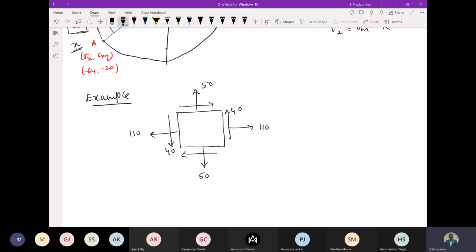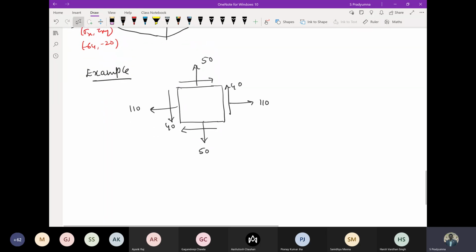They take 110 minus 0 by 2, the average of these, some kind of new ideas people have adopted, because they are the same. Otherwise there will be no equilibrium. Fine. Now I want to know the state of stress corresponding to another axis. This is my x-axis, y. This is capital X, this is capital Y, and this makes an angle of 45 degrees. Usually we take 45 degrees, and some importance is given to that. So let's see why we do that.